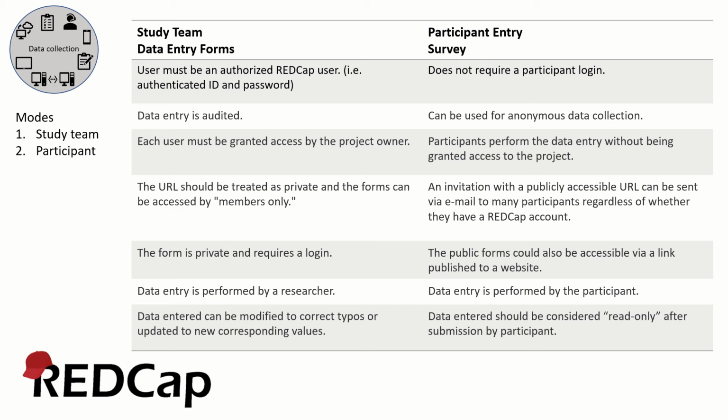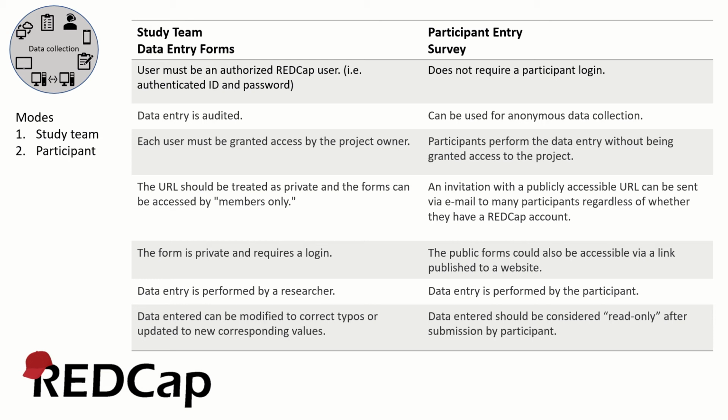The other mode is a participant entry, and we call that mode survey mode. This is where a participant does not log into the system. They're given a URL. It can be a public URL or a private URL. A public one would be a generic form where when you click on the link, everybody goes to the same starting point. A private one would mean that we already know who the individual is that is obtaining that link, and we're directly inviting them to a specific survey. A private one means that we can follow where the data goes and who it belongs to